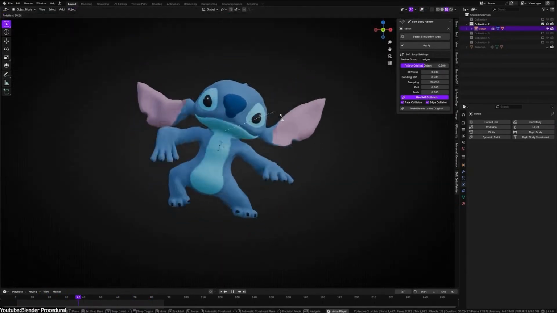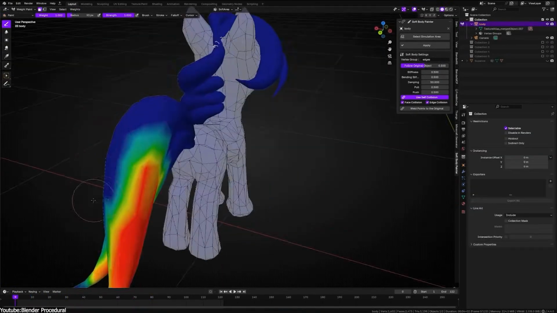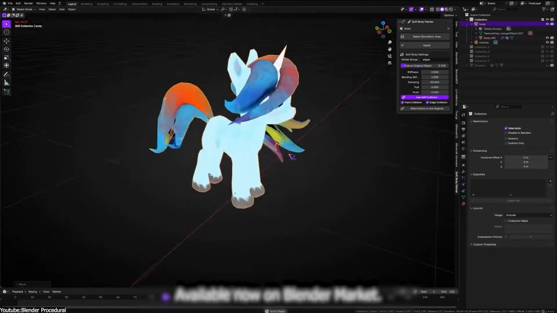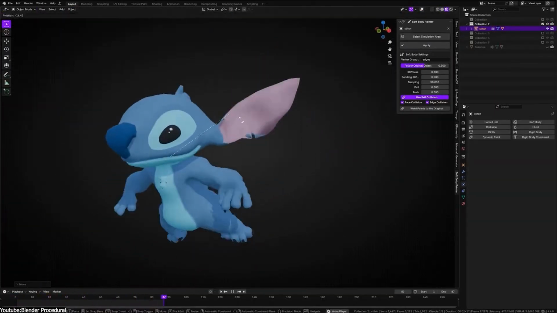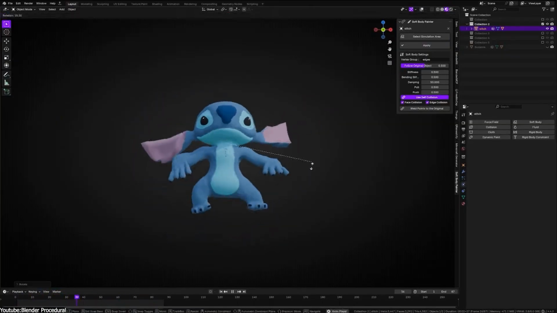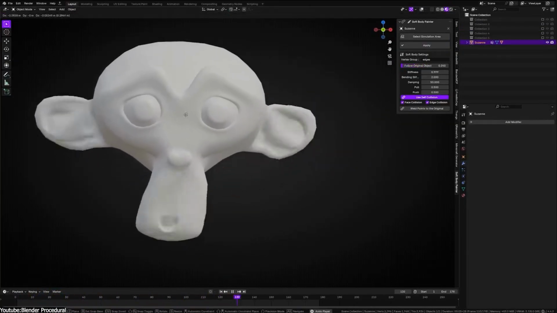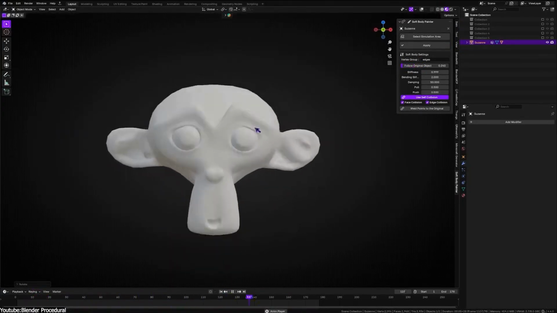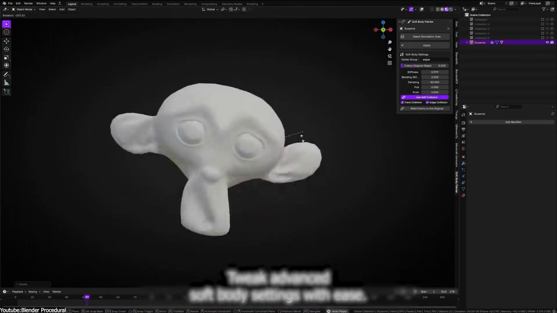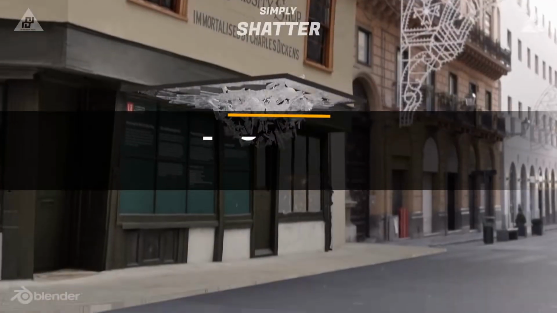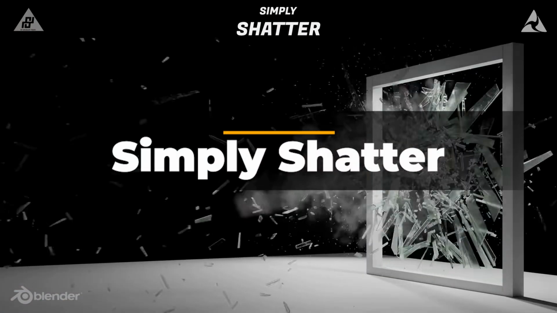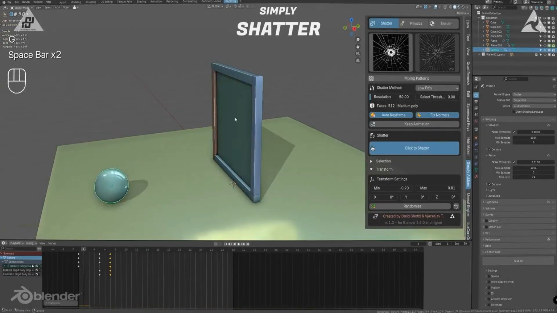The system natively supports self-collision, along with face and edge interactions, and includes specialized weight painting options to pin specific mesh sections permanently in place. Because it operates completely non-destructively, the original base geometry remains perfectly intact, while the complex simulation executes smoothly on an active duplicate layer. For those looking to streamline their destruction pipelines, Simply Shatter entirely removes the technical complexity of smashing